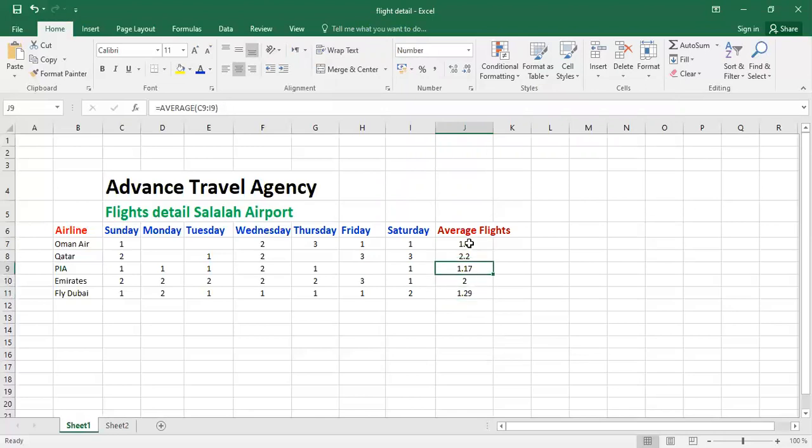So in this way, you can calculate the average of any numbers or any values by using the average formula. And don't forget to write the average formula, or whatever formula you want to use, in the fx window or in the formula bar. I hope that, students, you have understood